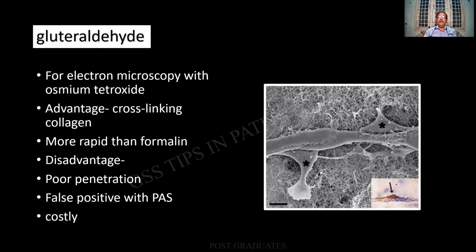Glutaraldehyde we had been mentioning earlier. I would like you people to kindly appreciate it. See this one. This is something that our eyes do not see at all. Electron microscopy. And it is in nanometers. And the advantages, there is a cross-linking. It is more rapid than formalin. Poor penetration. Sometimes it can give rise to false positive reactions. Of course, it is costly, technology, technique, and the qualified personnel all are required. Electron microscopy, please do remember this. I shall be coming to you people at a later date about the scanning and the transmission electron microscopy.